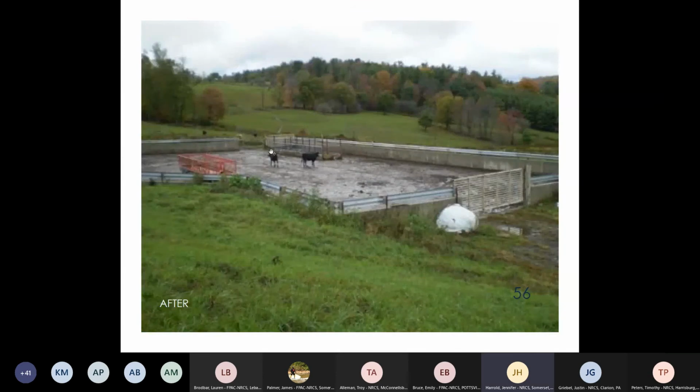We came in, and here's an open lot. I don't know where the basin is, but we would have a basin where you would collect the runoff, or a slotted curb on the lower side, where you could collect the manure and stack it over in the corner,